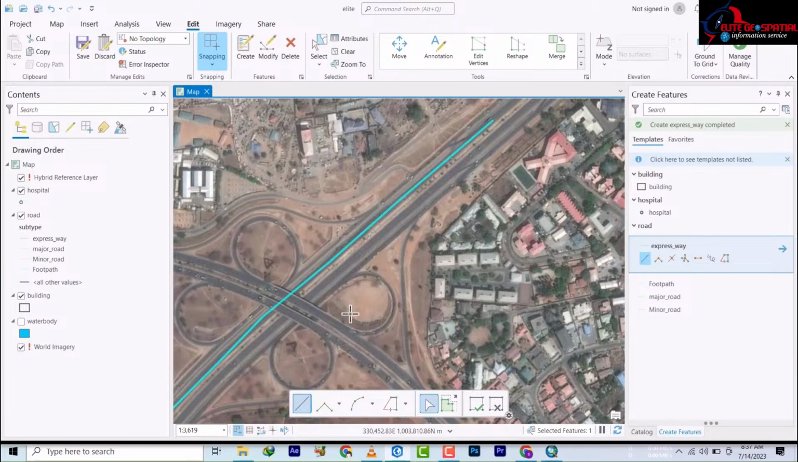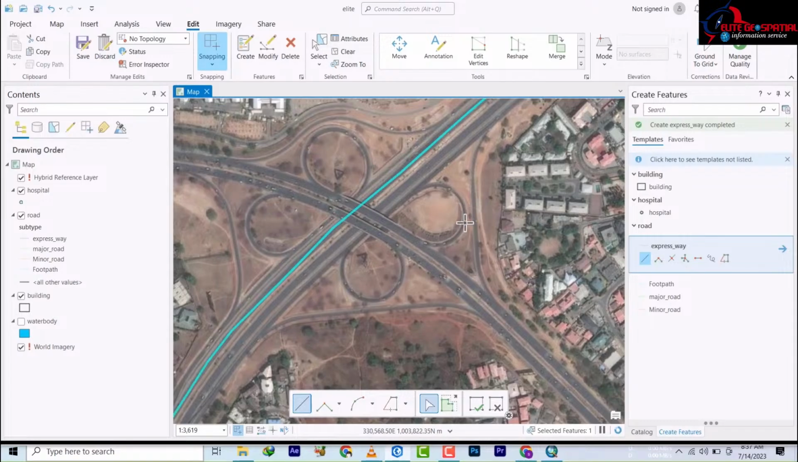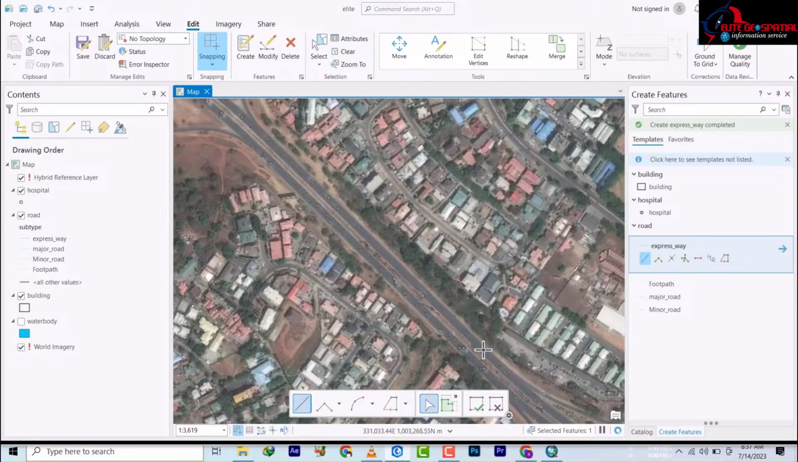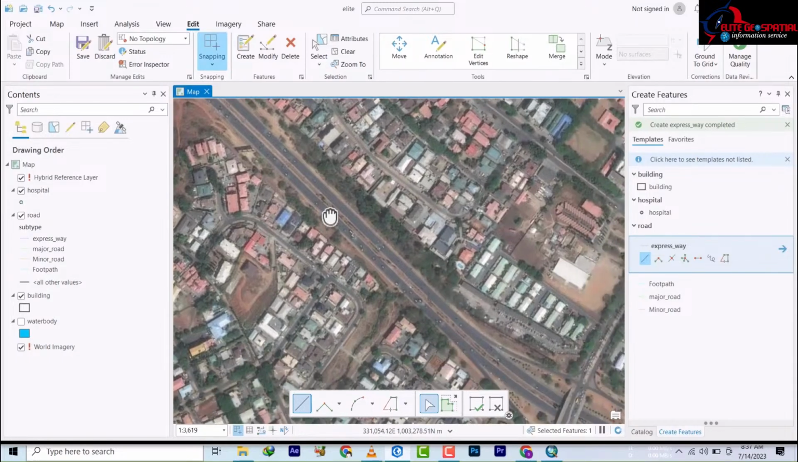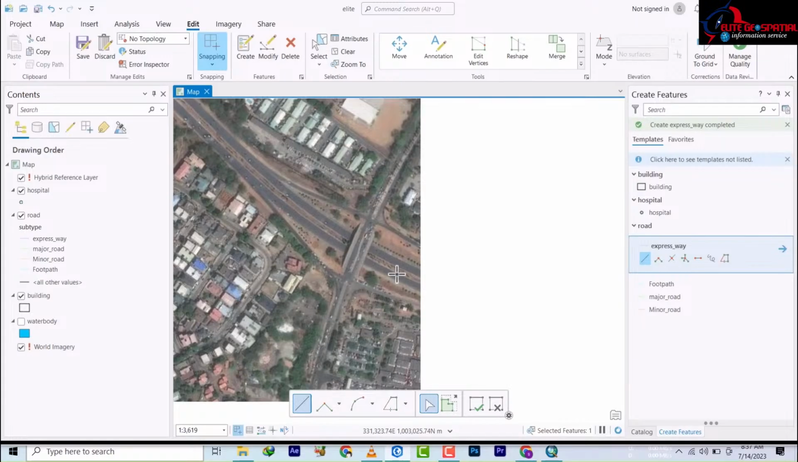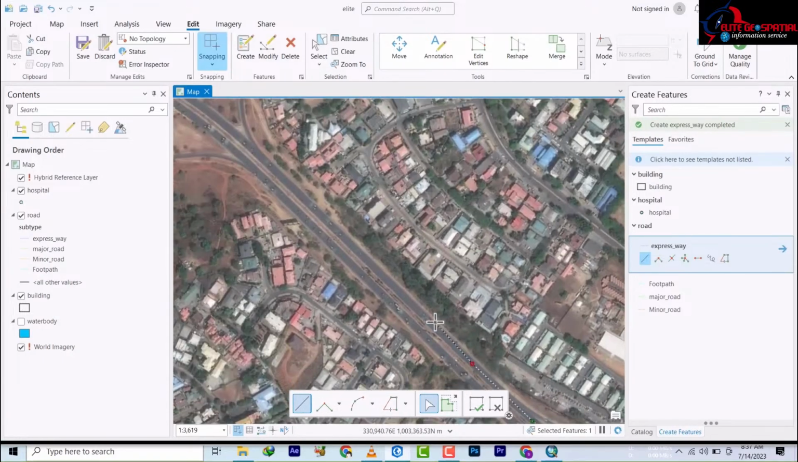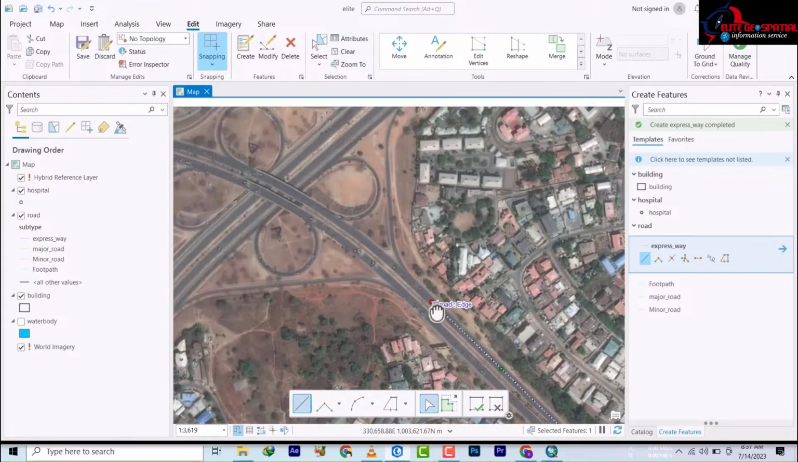Now I am not saying the road has ended. No, I'm only ending it because I'm only showing you how to do that. All right, so now next, let's come down here and do the same here, but then I will explain. So let's start from here. Now here,